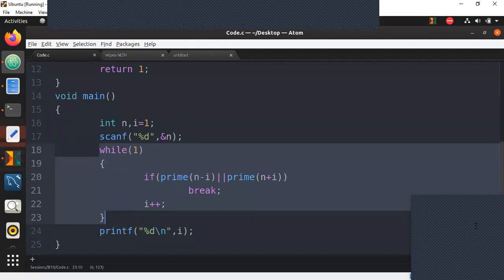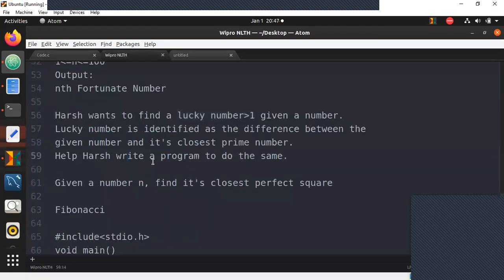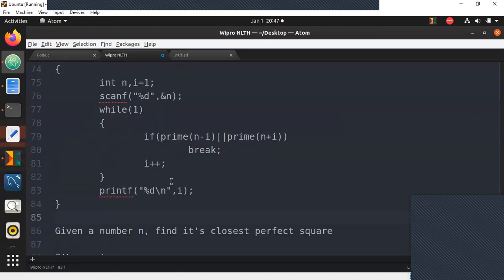So I have one question, when to add and subtract the distance. We are doing both here. I hope that is clear. You're adding and subtracting the distance to find whether the values are prime or not. So this is your simple program for this particular question. We were able to do it under 10 minutes.